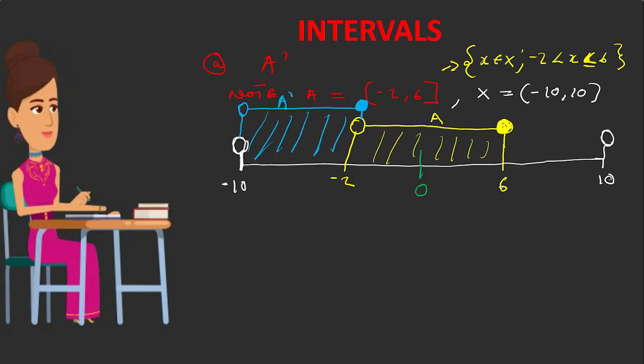I'll go to the other side again. Because 6 is in A, that means that 6 is not in the complement. And then this side, it will be maintained the same way it is. And then I'm going to connect them like that. This part is also set A complement. Therefore,